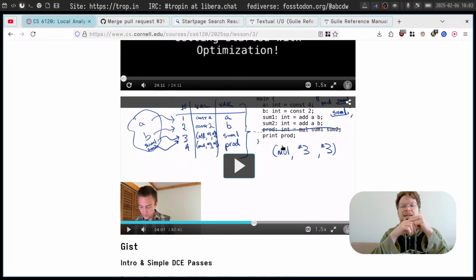You can see how one optimization affects the quality of another optimization, the scope of another optimization. So depending on the order of optimizations, we get different final results,